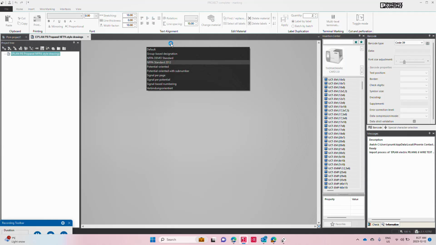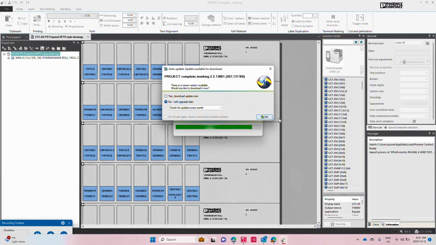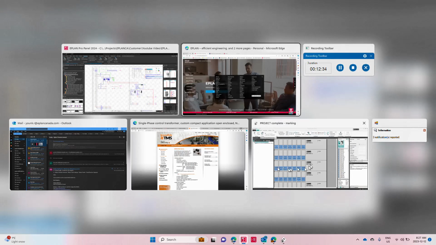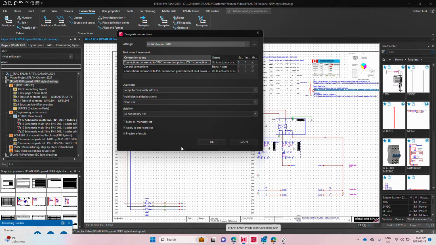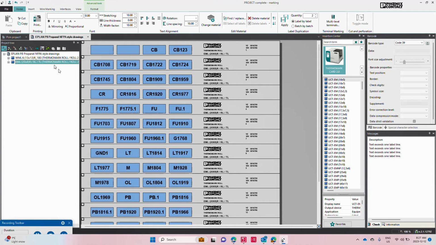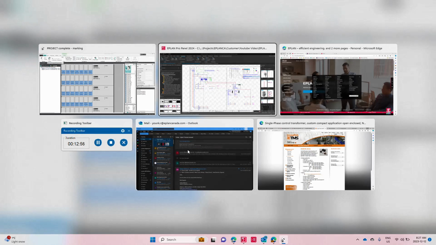Now, of course, what you're seeing right now in the background is the marking being already constructed here with all the markers of your wires and all the markers of the devices. Here you can see it's actually flowing back and forth. The devices are there, and even the wire markers. Now, the wire markers, of course, right now only have the source and the target, because I have not yet